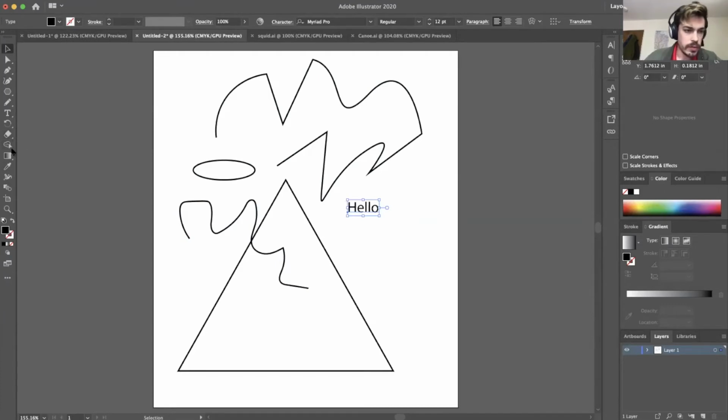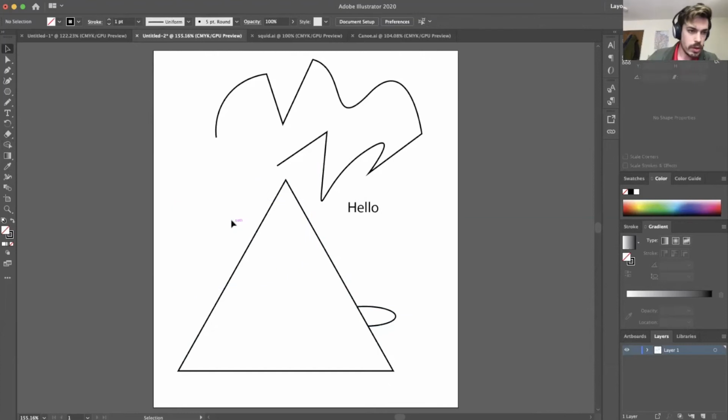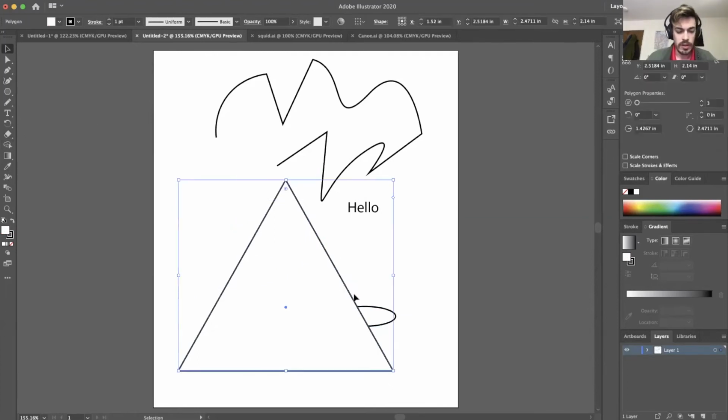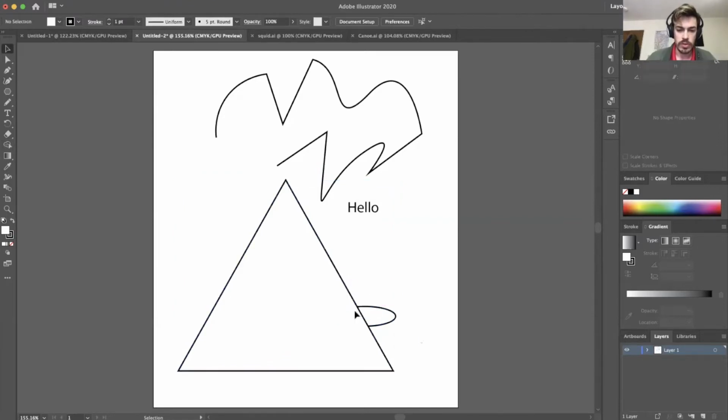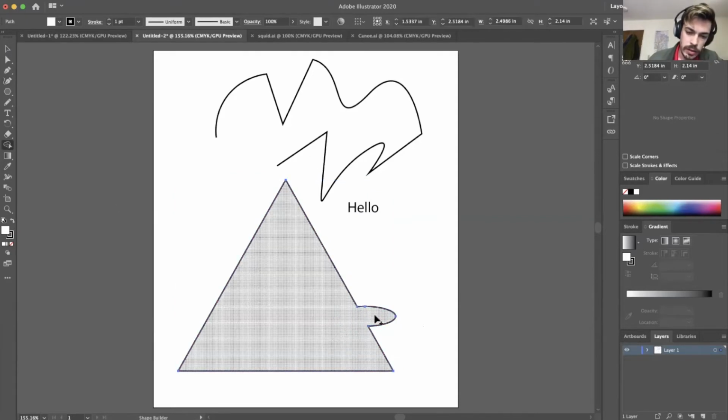This one's kind of interesting. This is the shape builder tool. Say you wanted to make some weird shape out of these two. Let's just delete this. Out of these two. If you select this and hit Shift and select another thing, that's how you select multiple things, holding down Shift and selecting, or just dragging. If you didn't want to select this for some reason, you could just Shift-click. You'll have both of those selected. Then if you hit the shape builder tool and drag through here, you'll make a shape out of those two pieces. It comes in handy later when you want to trim edges and things like that, which you could also do by